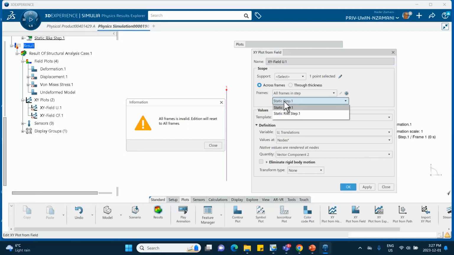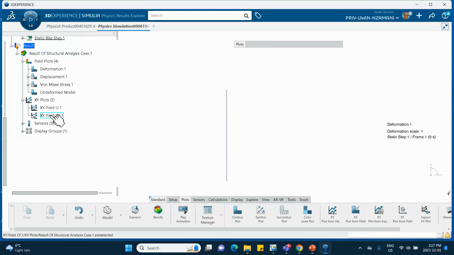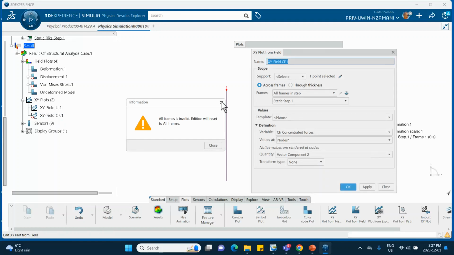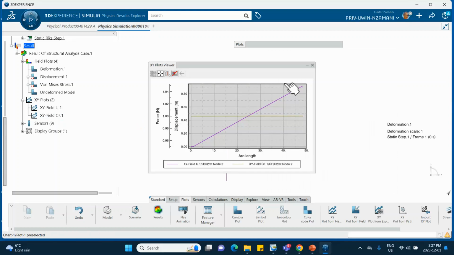So I'm going to go from RIKS step. Say okay. There we are. Let me close that. Let me go to the other one. Again, it says this is not valid, so we go static RIKS step. There we are. Okay. And the one thing that you notice, actually the problem, is that both of these plots,